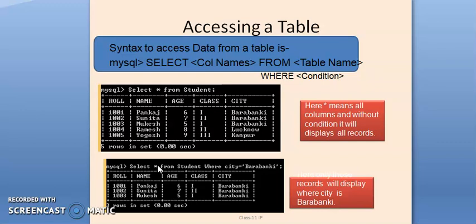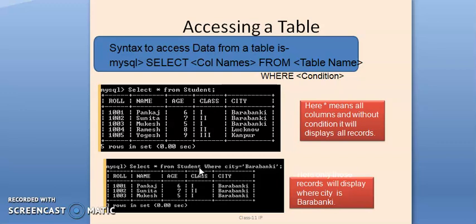It could be Alwar city students or Jaipur city students, but here we want the records of the students who belong to the city Barabanki. So I write select star from student, but now I am specifying a condition. I don't want all the records of the table student. I want the records that fulfill the specific criteria.